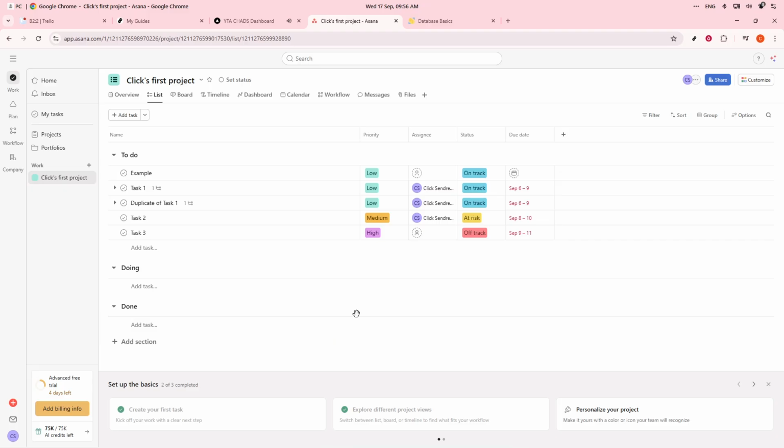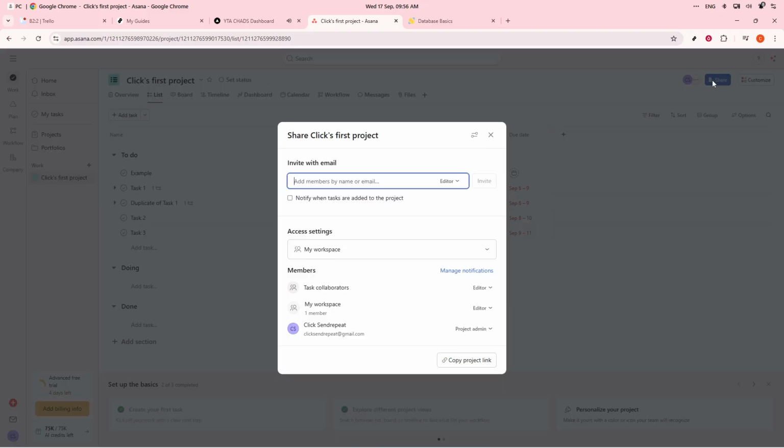To get started, you'll first want to open Asana and navigate to the specific project you'd like to connect to Notion. Once you're there, locate the Share button, which you'll find within the project interface. Clicking on the Share button will present you with an option to copy the project link. This link is crucial as it allows you to embed the project into Notion, so make sure to have it